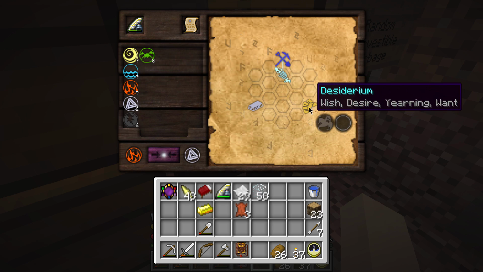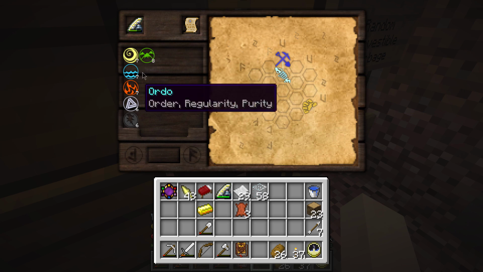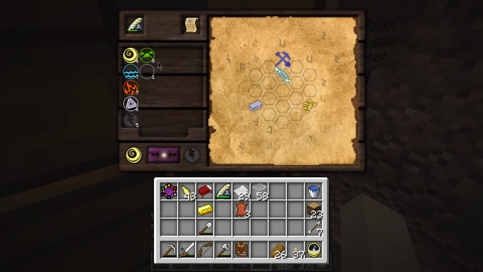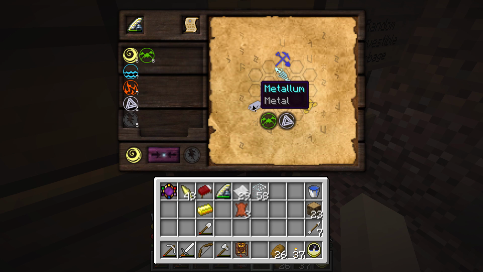Oh, no, a Desiderium. I've got to get used to the words. So that's Wakwas. I hope Wakwas is still this. I'm not going to look it up. There we go, we've got Wakwas there. Next up, what I'm going to do is connect...